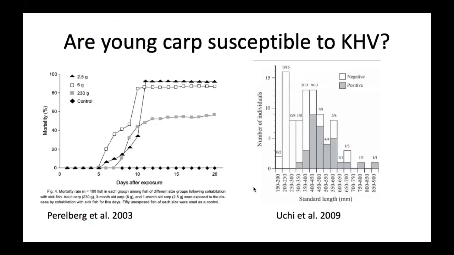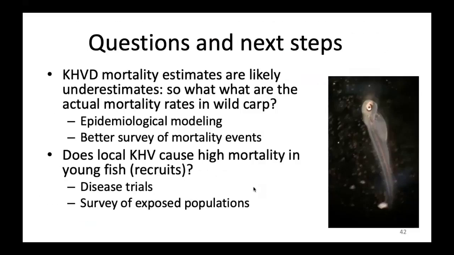But you see it in the older fish, and this is only a year and a half or 2 years after the outbreak. So it's not like it was 10 years ago, and these fish aren't shedding or something like that. They are shedding the virus. But these larger fish seem to have more prevalence of the virus, which means that they got hit with the virus, and some of them survived. While these fish, maybe when they get the virus, they just die. And so you're not able to detect many of them that have the virus. They're still alive.